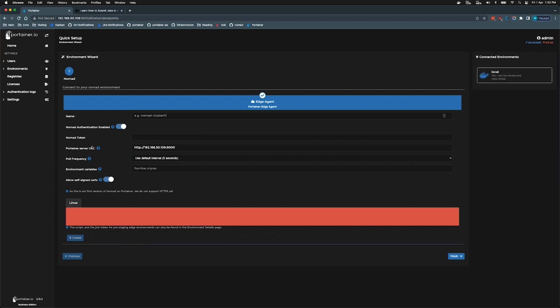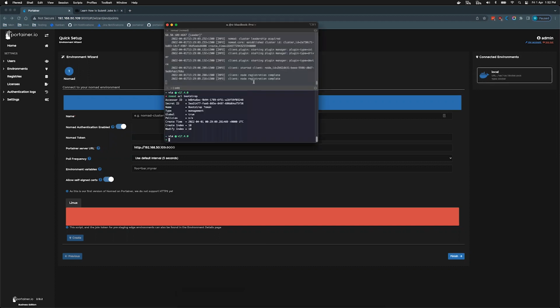And so we've got some extra information here from Nomad now. You can see that by default, Portainer asks for Nomad Authentication, and we have a little tooltip here saying Nomad Authentication is only required if you have ACL enabled. So if you're using Nomad, you should probably be using ACL because it makes it more secure. And that applies to a Nomad environment that you've started with the ACL enable flag, as I've done in my